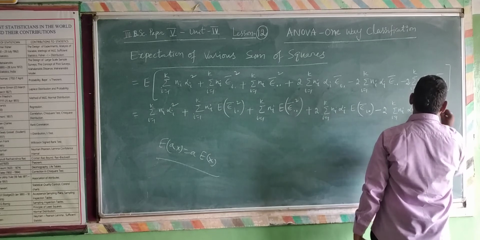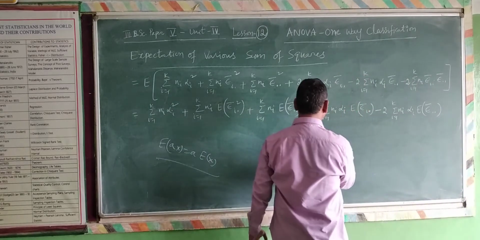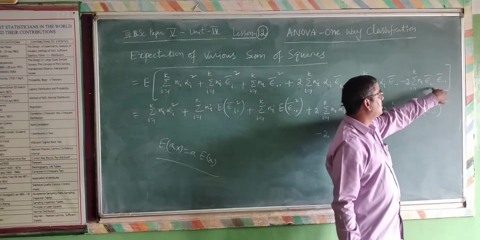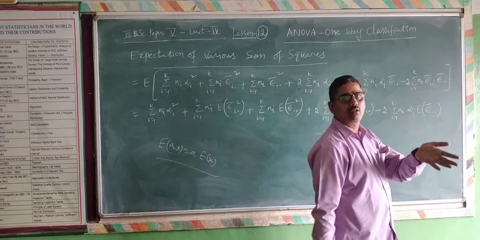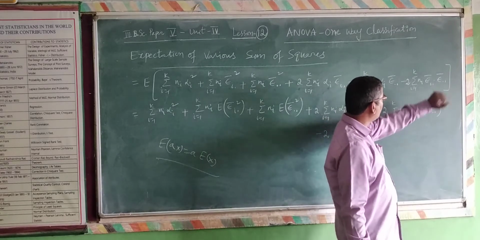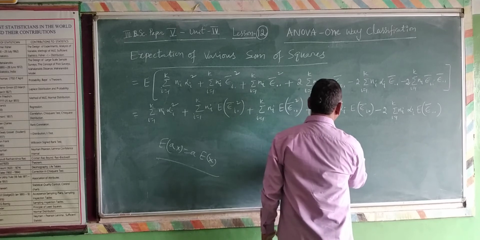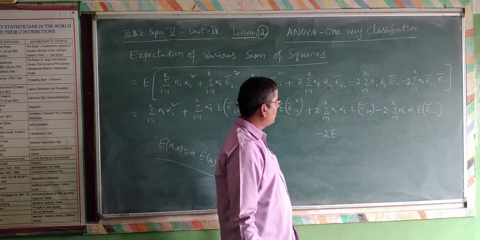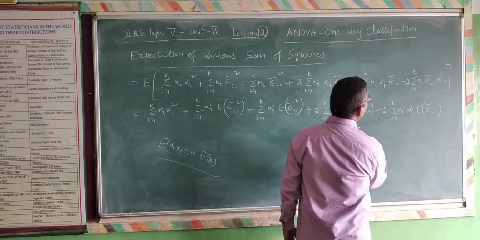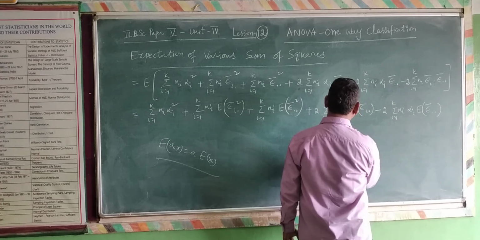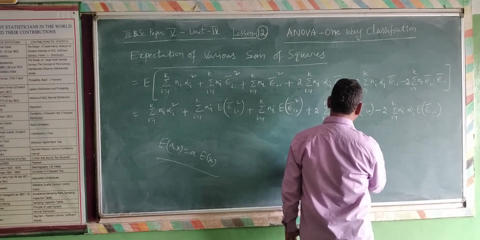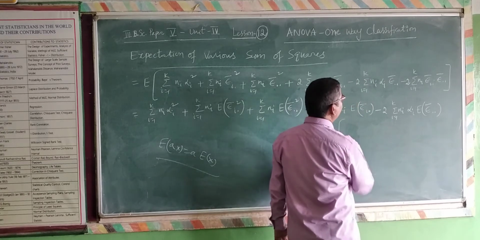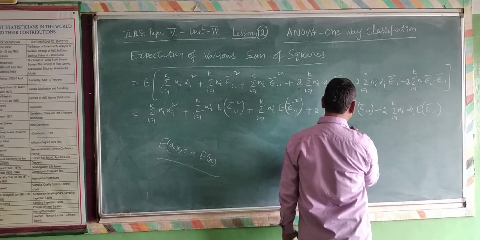The other term you have, the last term, minus 2 multiplied by, if both are x into y, expectation of x into y, you take later on the expectation. First of all, you have the formula here. I consider expectation of 2 multiplied by 2, a constant, which I took outside. 2 into now summation i, first of all I take one particular formula, then I write the formula and then I take the expectations.